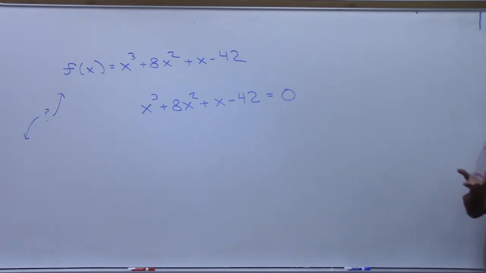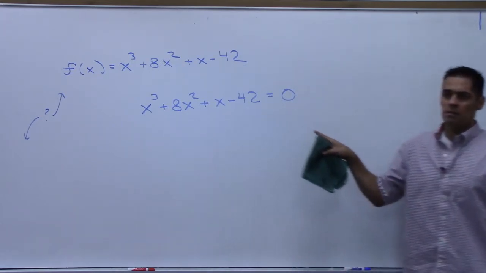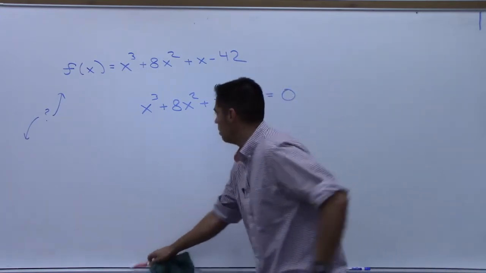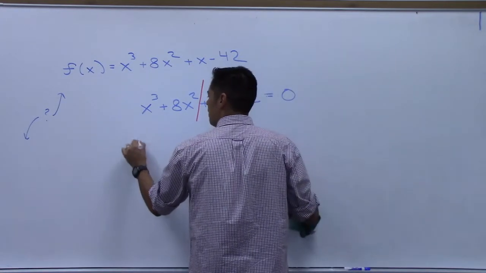So we try our methods, right? You can try grouping. I already thought about that. What's wrong with grouping? I thought we do grouping when we have 4 terms. So let's try grouping, okay? It's not going to work, but let's see why it doesn't work. You'd split this, wouldn't you? Well, you can pull a GCF out of the first one,